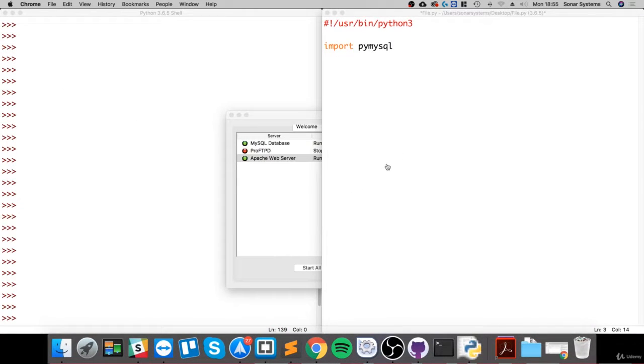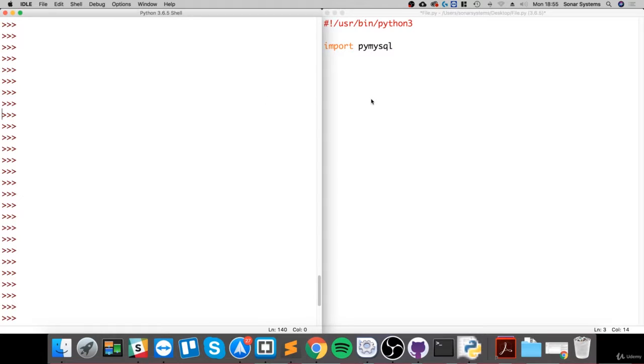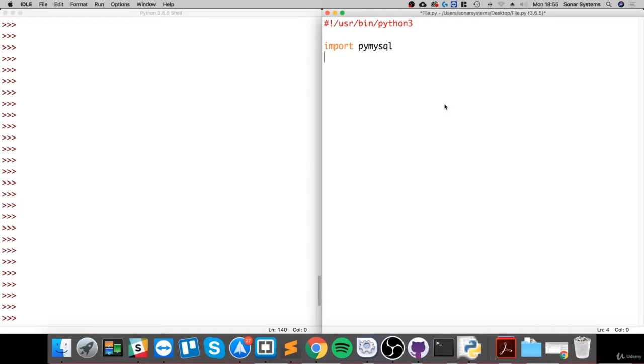Okay, now that's out of the way, now let's just start coding. So first thing we want to do is create a connection to our database. So we're just going to call it db. This is just the database object that we'll be using. So db equals